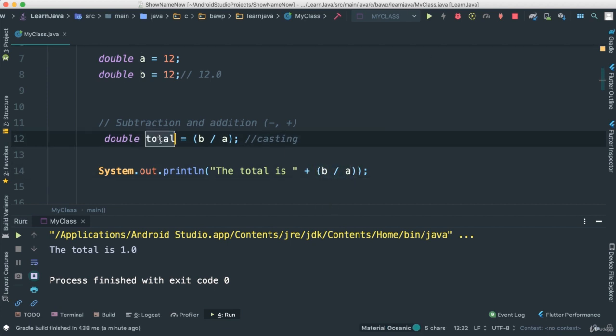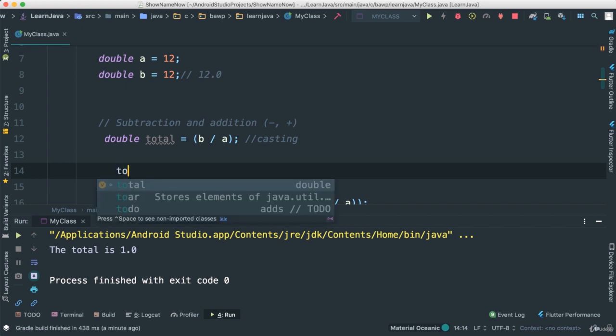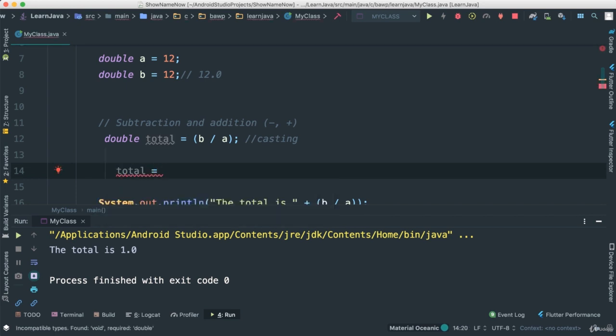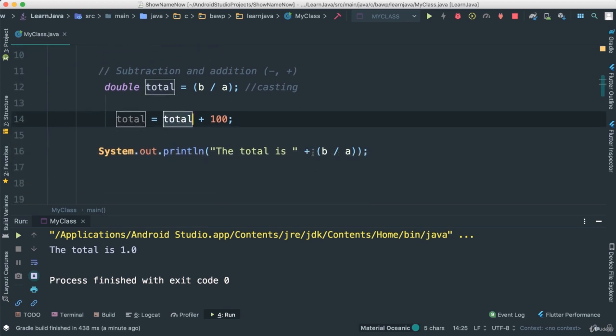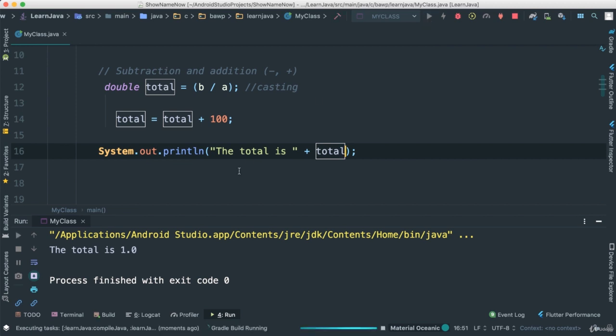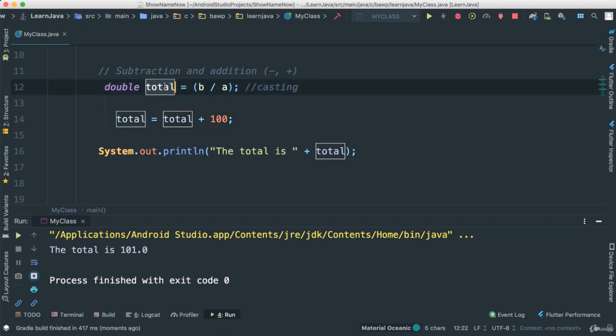But the advantage of putting that result into a variable is that you can do things to it. For instance, at this point, I can come down here and say total is going to be equal to total, the same variable, plus 100, like that. Okay, now if I call this total back down here, you'll notice that I'm going to have something different. It's 101, right? Because I was able to take that variable, that bucket, and say, well, this bucket now is going to have a new value. What is the value? Well, it's going to be whatever is in the bucket total. I'm going to just add 100.